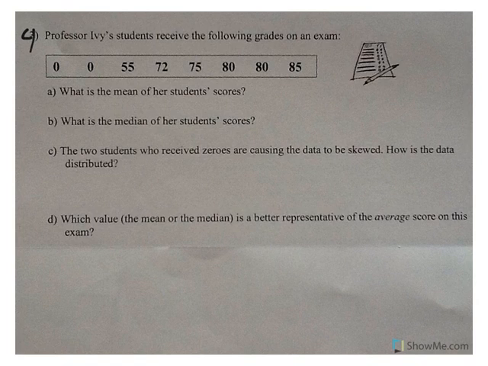Number 4, we've got 8 numbers here. What is the mean of these scores? This is exam scores. Obviously, we had 2 people who didn't show up. So the mean says we add all of these together. When I add them, I get 447, and I have 8 scores total. So you get 447 divided by 8. The mean score is